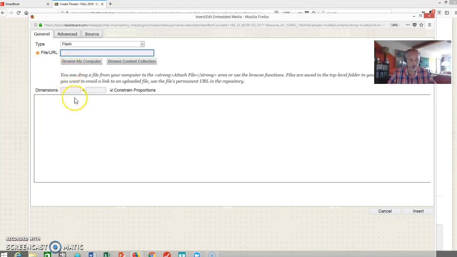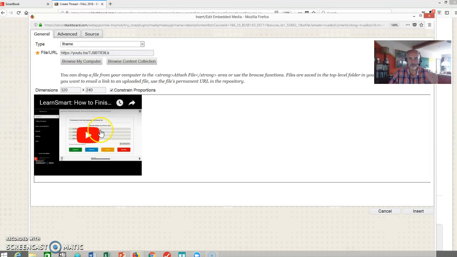Over here I will paste the URL. So in my case, this is the YouTube video that I'm going to pull over. Once I have it copied, I hit the tab button. That tab button puts the YouTube video in there. I click insert,